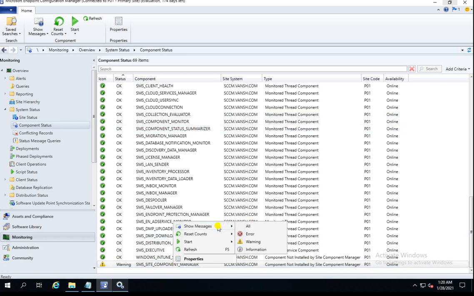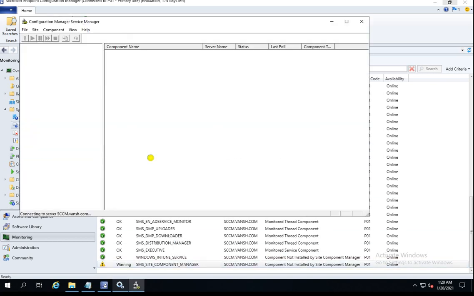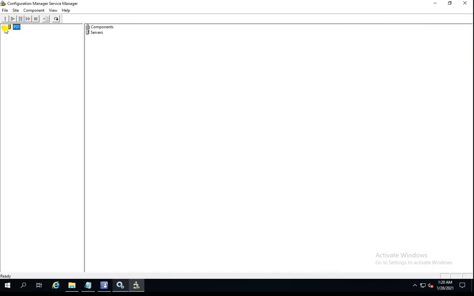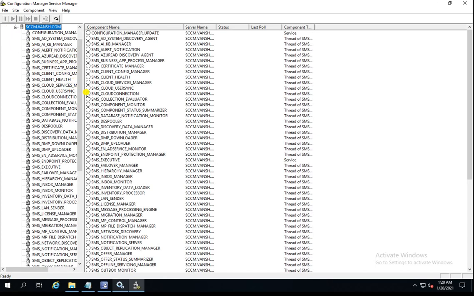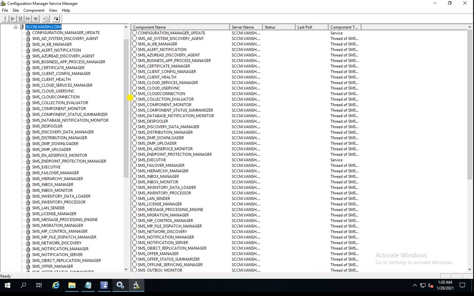That's how you can check it, but let me show you how you can troubleshoot it further. If you want to troubleshoot, go to Configuration Manager Service Manager. It depends on what kind of error is coming. There are many errors and many troubleshooting steps, but soon I will be creating separate videos for that, on what type of error and what you can do.